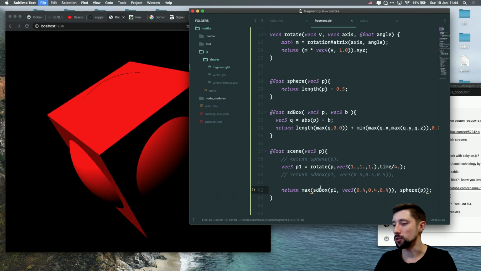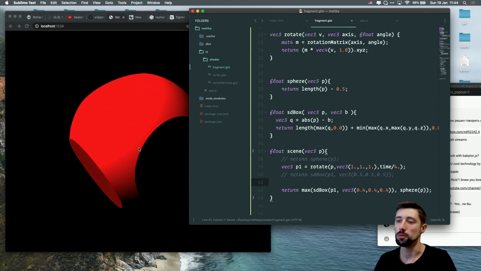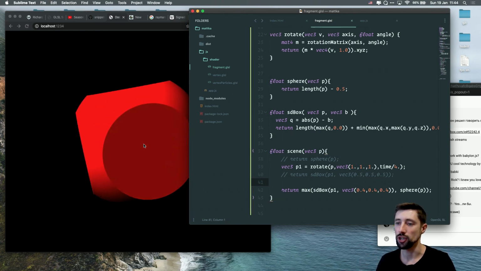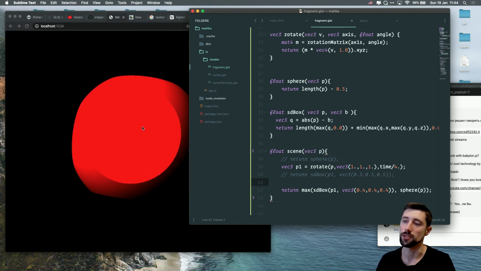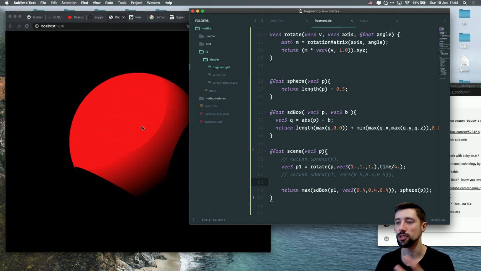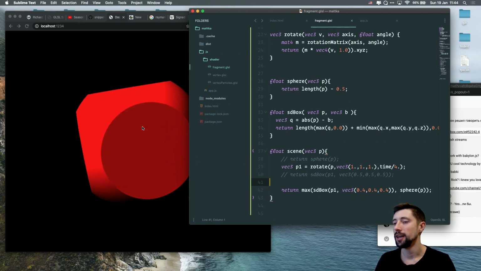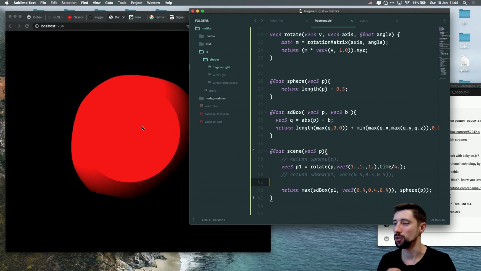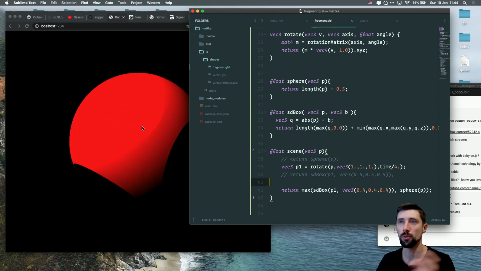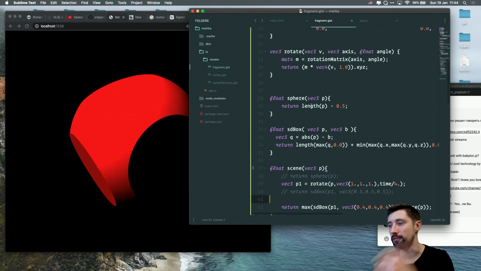You might be wondering what's going to happen if you use the maximum function. It's going to be the intersection of both shapes, which is also kind of nice. It's just the intersection between the sphere and the cube, the three-dimensional cube. So you can do all those kinds of things. You can use the math functions to intersect them with each other. So let's introduce another function,